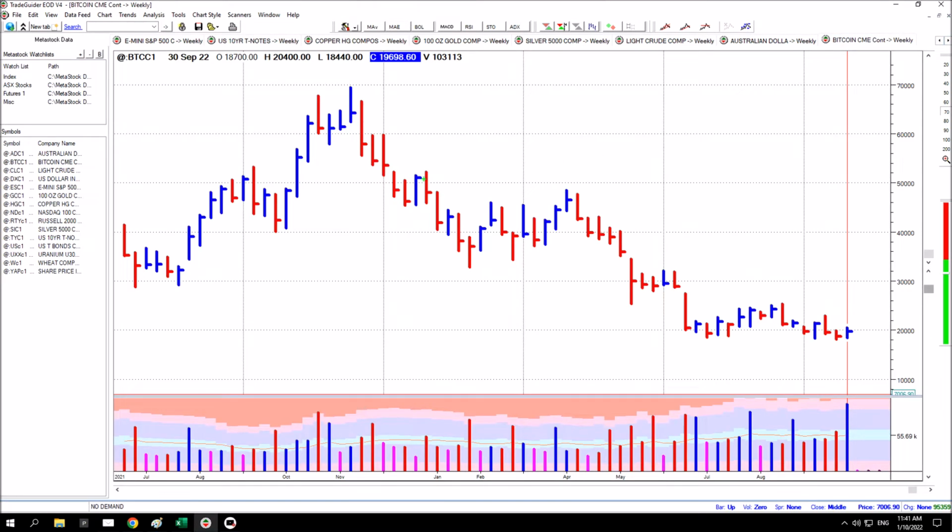Bitcoin futures have a couple of breakdowns in the background. I'm expecting there to be support between 20,000 and 16,000. And if that can't hold, price is going to move down to around the 10,000. There's support between 8 and 12,000, and so it's centered around the 10,000.